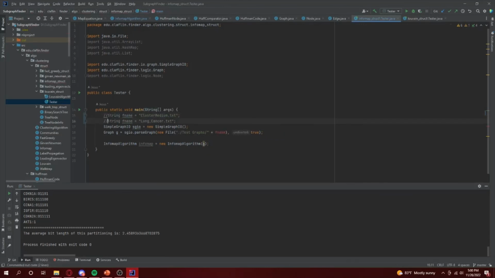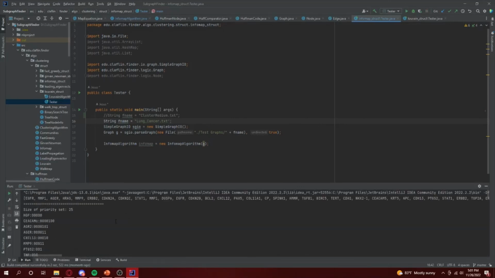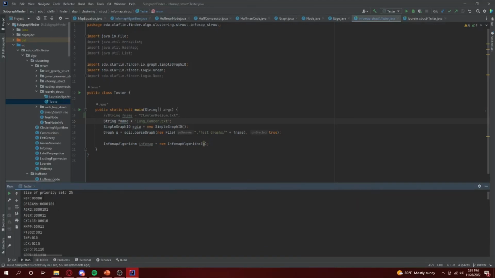We can use the lungcancer.txt graph, which is actually the testing graph we use for most of our project. If we were to run it, we could expect to see that the results are relatively the same. These are the steps that the random walker took. This is the different communities that were defined. As we can see, 4 communities were defined again, each giving different Huffman coding values. And we can see that the average bit length of this partition is 3.978, which makes sense because you are looking at a